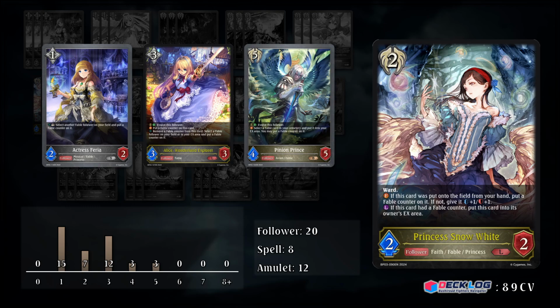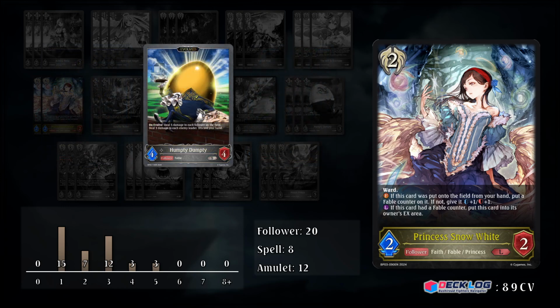Faria is going to be able to do that, Alice is going to be able to move counters, and Pinion Prince, with its effect to put a Fable card from Cemetery into EX area, can also place an additional Fable counter on it. One of the main reasons I really like this card in the deck is because Humpty Dumpty,